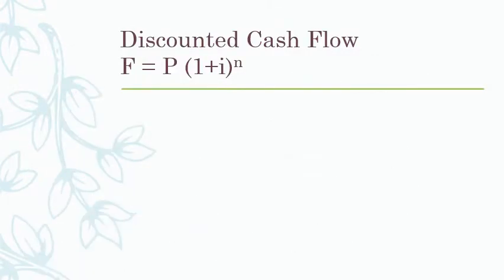First, let us understand what is discounted cash flow. Discounted cash flow is given by a general formula F = P(1 + i)^N, where F is the future sum, P is the present amount or present worth, i is the rate of interest, and N is the number of years. Suppose you want a future sum, you have to multiply the present amount by (1 + i)^N. What does that mean? Let us understand what discounted cash flow is first, then we will explain this formula.